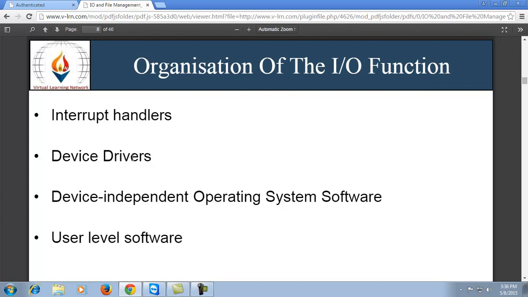And the device independent operating system software is the software which works on that particular device and other devices as well. The next is user level software, which are the application software used by the particular user and which can vary according to the user requirement and from user to user.